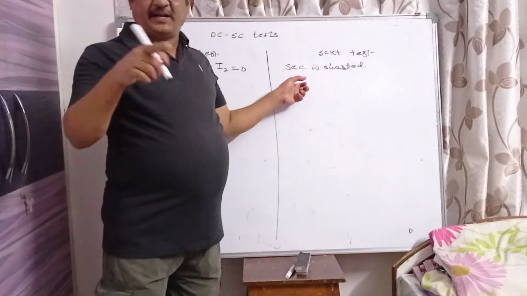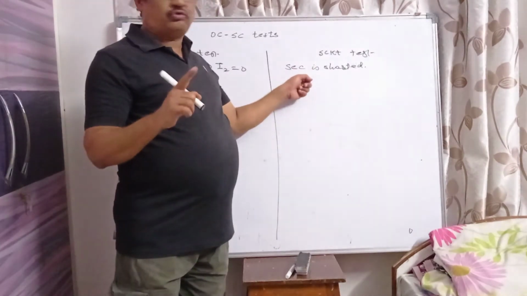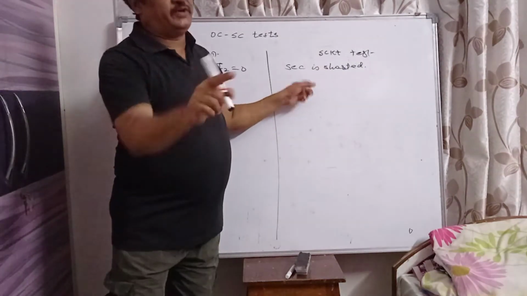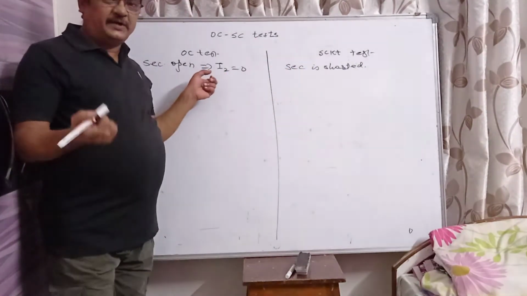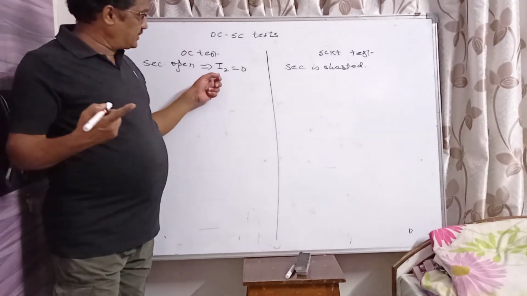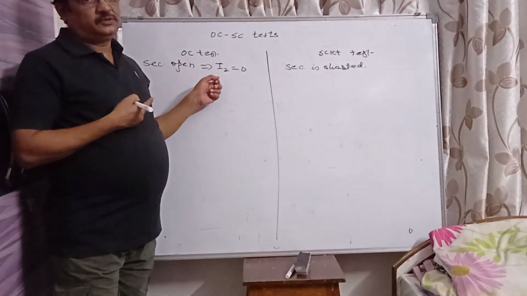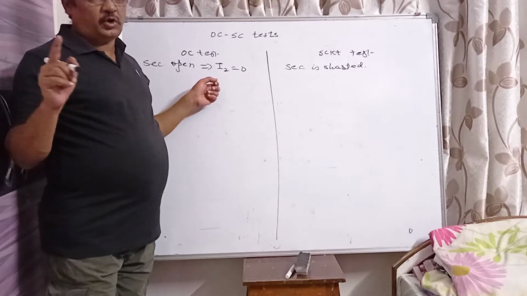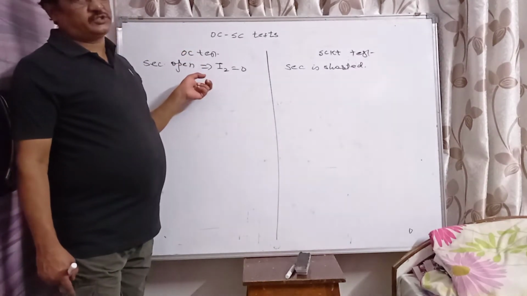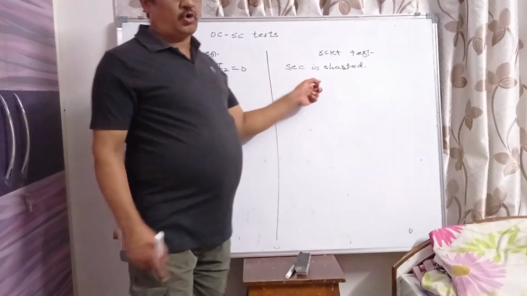Secondary shorted means the secondary is carrying current, and since the secondary is carrying current, the loss will be current dependent loss. Current dependent loss is copper loss, and copper loss is variable loss. Secondary open, current is zero, so we cannot calculate current dependent loss. So this test can measure constant loss, which is not dependent on current. So open circuit test is used to determine constant losses, iron losses, and short circuit test is used to determine variable losses, copper losses.